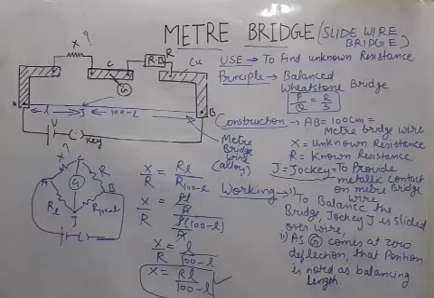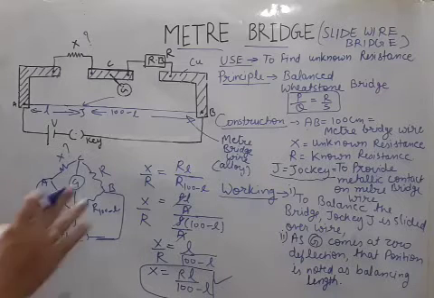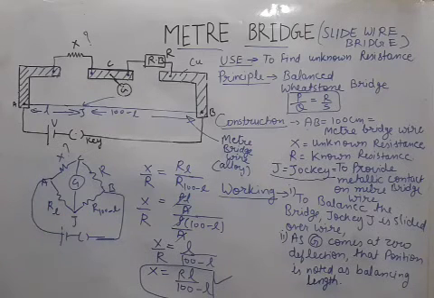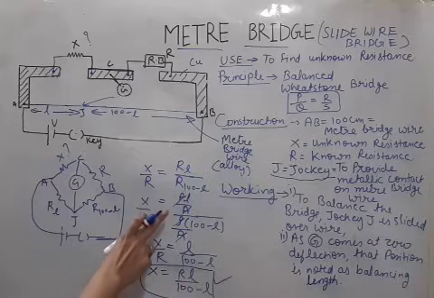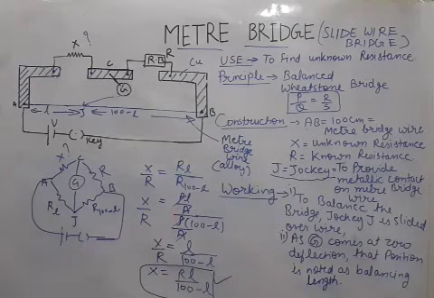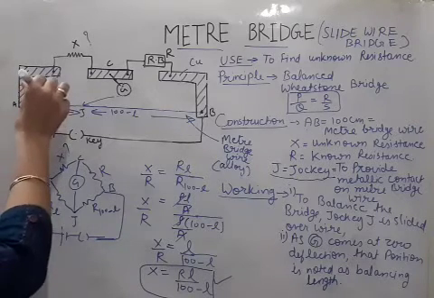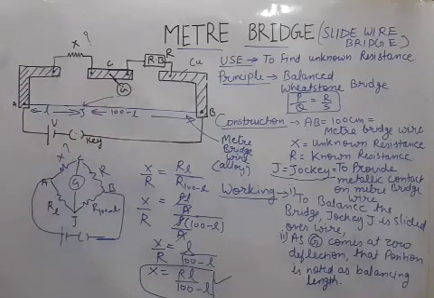Now some questions I'll discuss here that I'll send you in the form of images. Now you can see here no space is left on the board, so I'm not rubbing this all. I'll discuss with you some points. First of all, this area point. One question is asked: we should not press the jockey over the wire. Why should we not press the jockey over the wire?